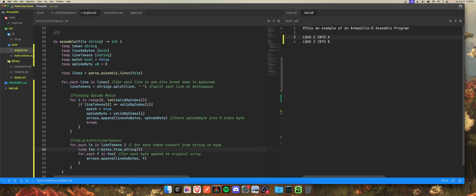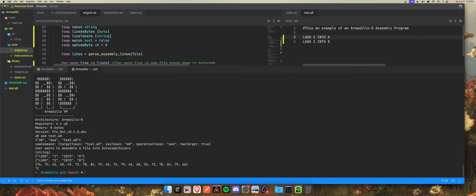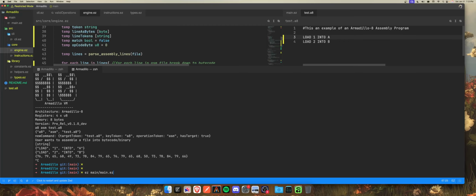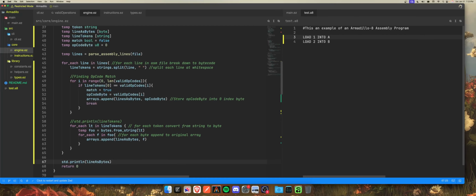For each LT, all right. And then do I print it out? Okay, I print at the end. So instead of getting, oh, we actually do need to not get, so there's one more thing. We need to prevent it from trying to append whatever other bytes. So